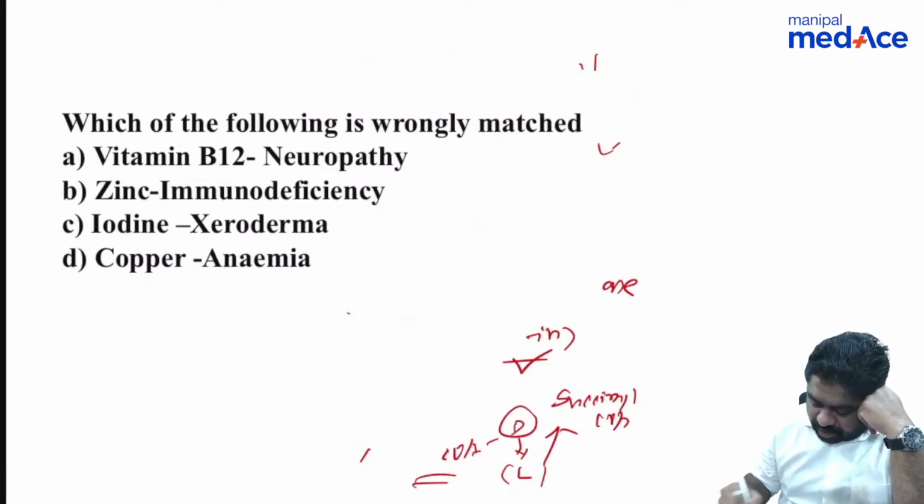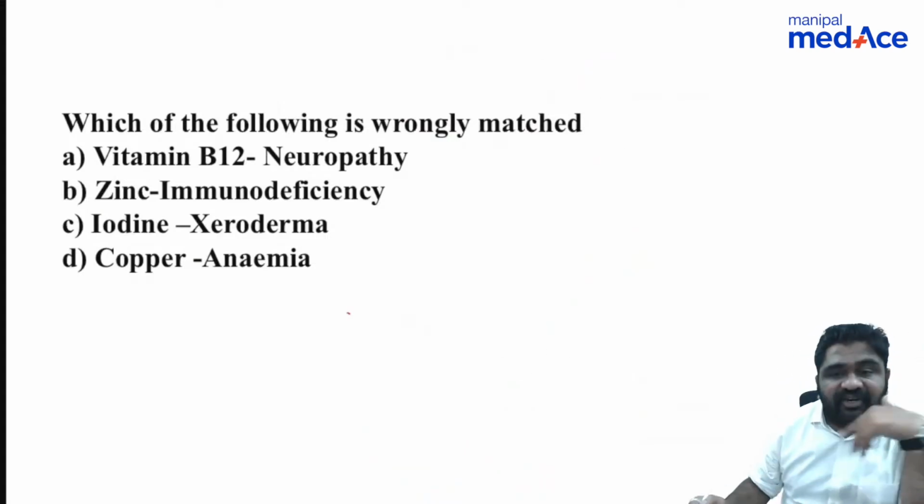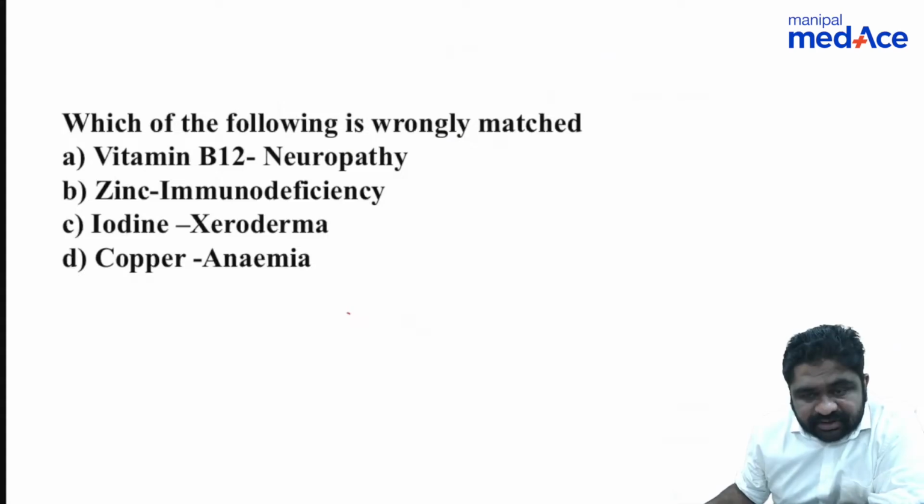Copper deficiency, how can it cause anemia? Excess copper can also cause anemia. Copper deficiency also can cause anemia. Both of them have opposite concepts. See,